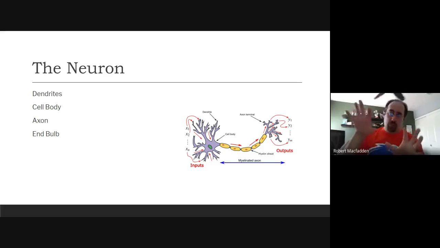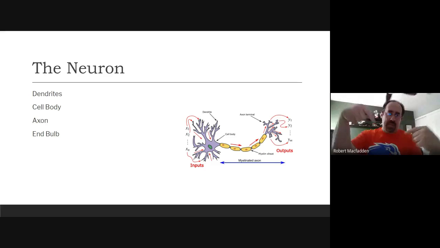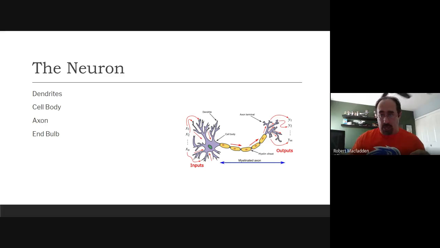So the dendrites reach out to neighboring neurons to communicate. They absorb the information. They send it to the cell body. The cell body either fires or doesn't fire. If it fires, it sends an electrical charge down the axon to the end bulbs, which then release neurotransmitters that get sent to the neighboring neurons' dendrites, which then absorb them,